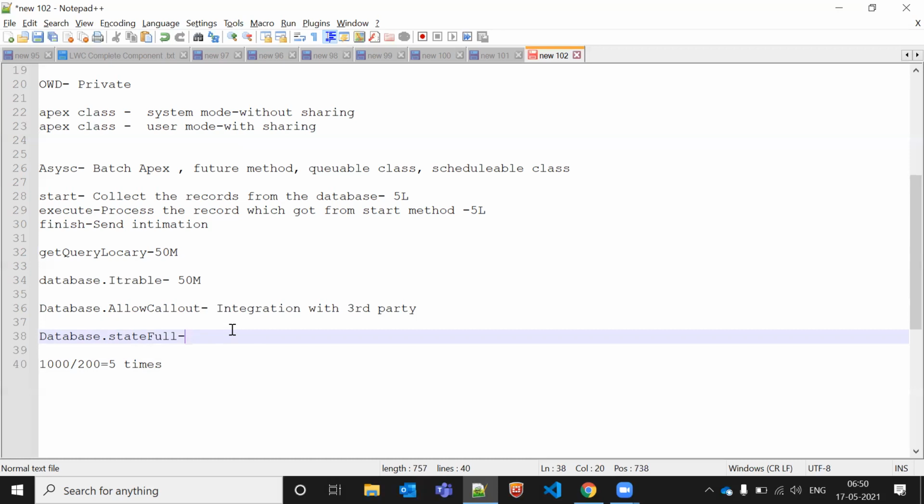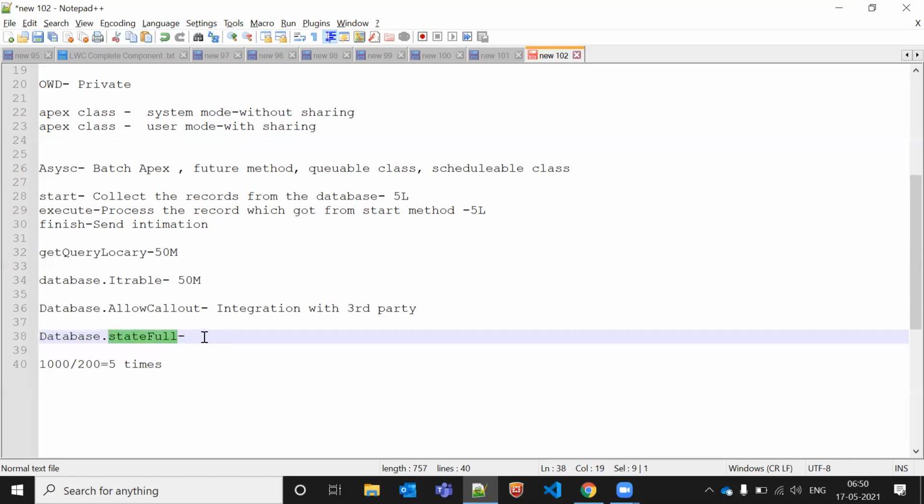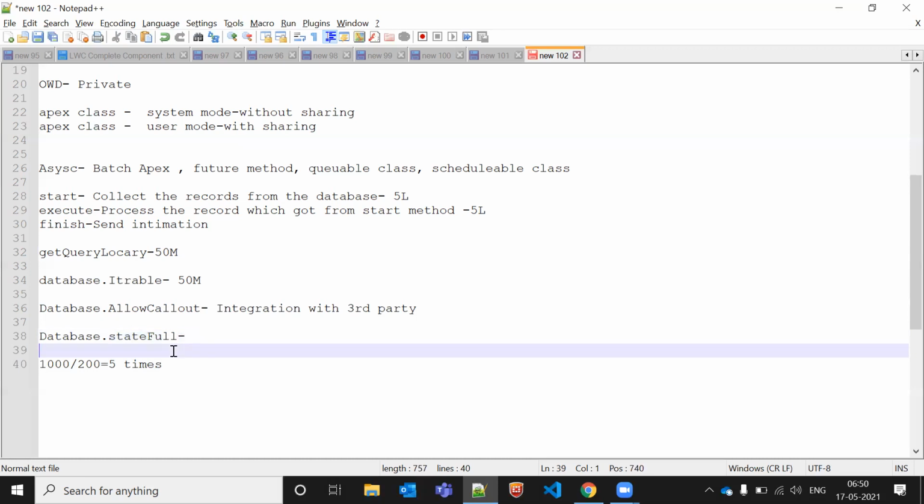If it is a success, on the basis of that we can store that data in the object, in a custom setting, or wherever you want to store it.